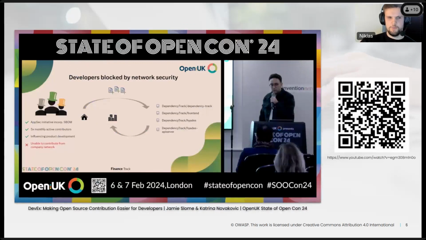Then also, if you remember, last time we advertised a few of the talks that would happen soon. One of those talks was from our friends at Citibank. They were at State of the Open Con in London, early February. Citibank's OSPO office talked about how they enable developers from inside to contribute to open source projects. And Citi being a highly regulated company, that can be interesting and complicated. So they talked about how they do that and how they enable their employees to do that. One of the prime examples, in fact the first open source project where they ran through all of this, was Dependency-Track or Hyades in particular.